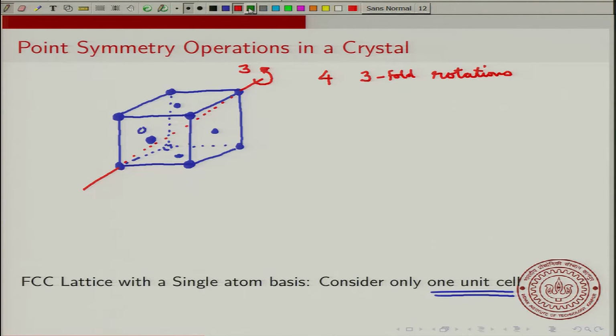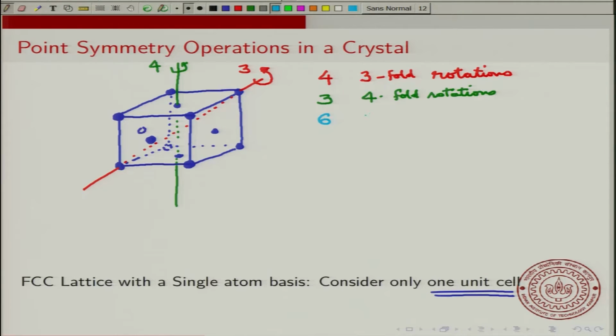Now you can have 3 fourfold rotations, and I'll just show one of them that comes out this way. So this is clearly a fourfold rotation. What else can you have? Well, it turns out that there are other rotations that are possible. There are 6 twofold rotations, and these rotation axes actually go from